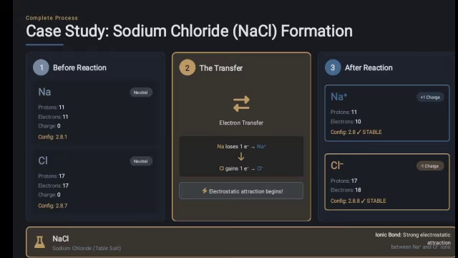After losing one electron from the last shell, its protons remain the same, that is 11, while the number of electrons reduces from 11 to 10. And now its configuration is 2 and 8, that is